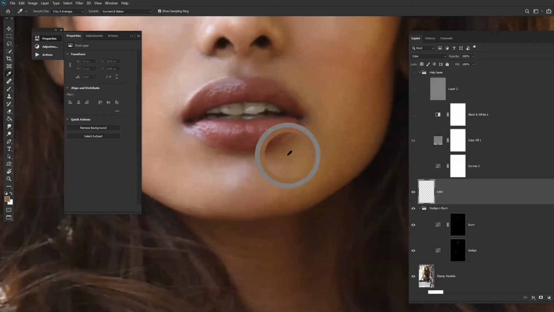So I take it from here. This is my area, I want to mix it. Let me put opacity on 100 and flow on 3. And don't take a small brush. This is the area. Take a larger brush according to the area you want to work in.